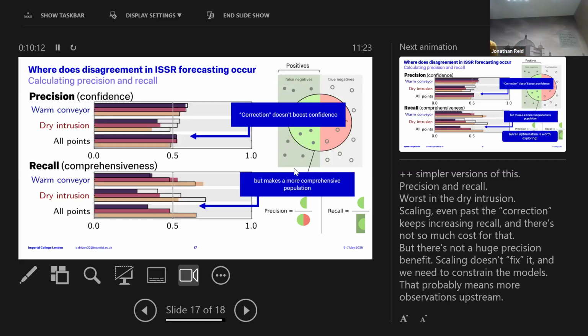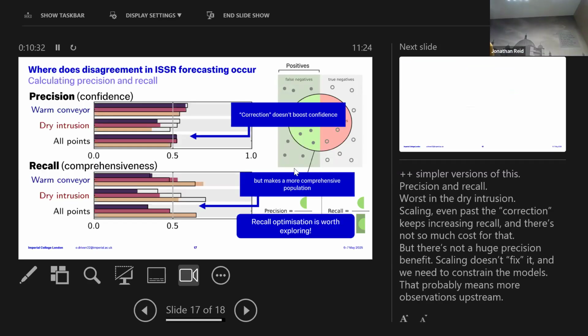But what we do see when we scale is a huge increase in the comprehensiveness of the supersaturated regions. We miss far fewer, which means that if you wanted to do something like mitigate the impact of a specific flight, which you do by rerouting, you'd catch more flights that you needed to reroute without that much cost in terms of the precision.